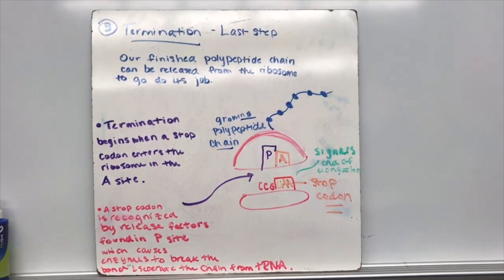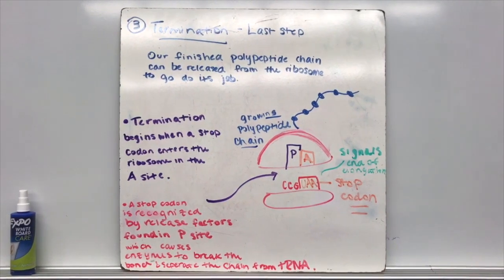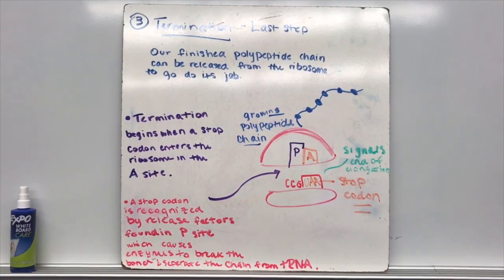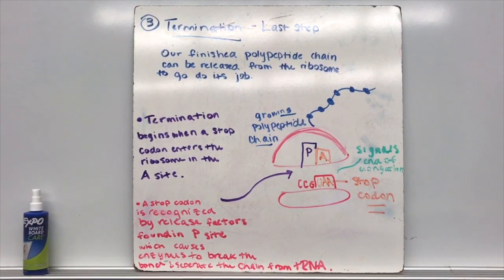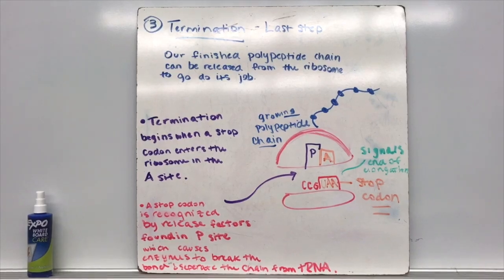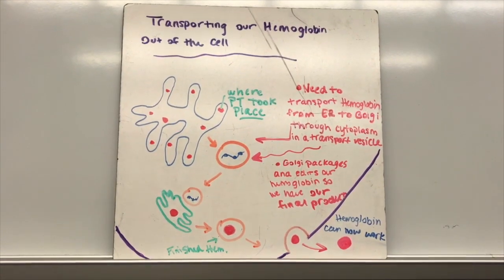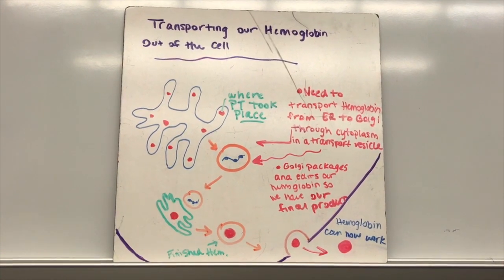Our last step is termination. Termination begins when a stop codon, such as UAA, enters the ribosome and triggers the release factors found in the P site to cause the enzymes to break the bonds and release the polypeptide chain so it can eventually leave the cell. Our hemoglobin protein is then moved from the endoplasmic reticulum, where our ribosome is located, inside a vesicle